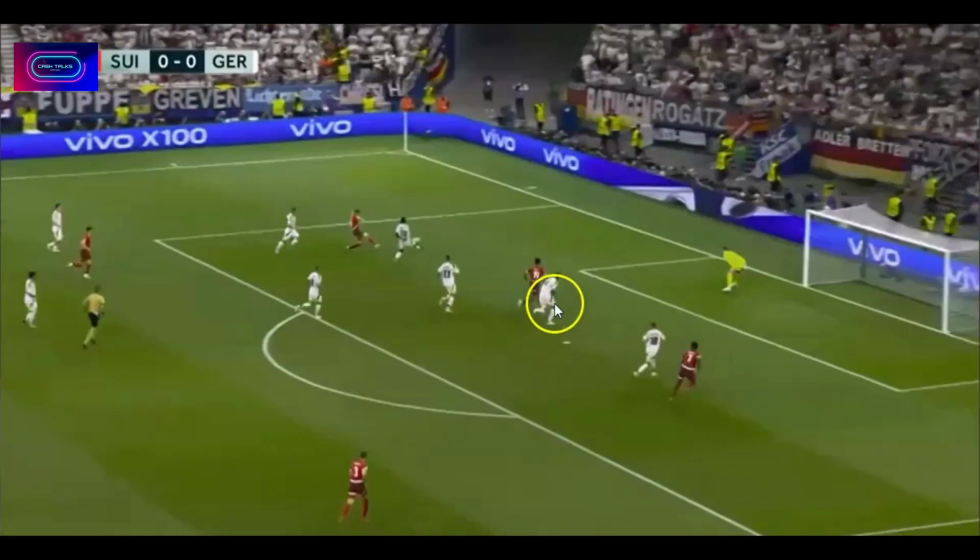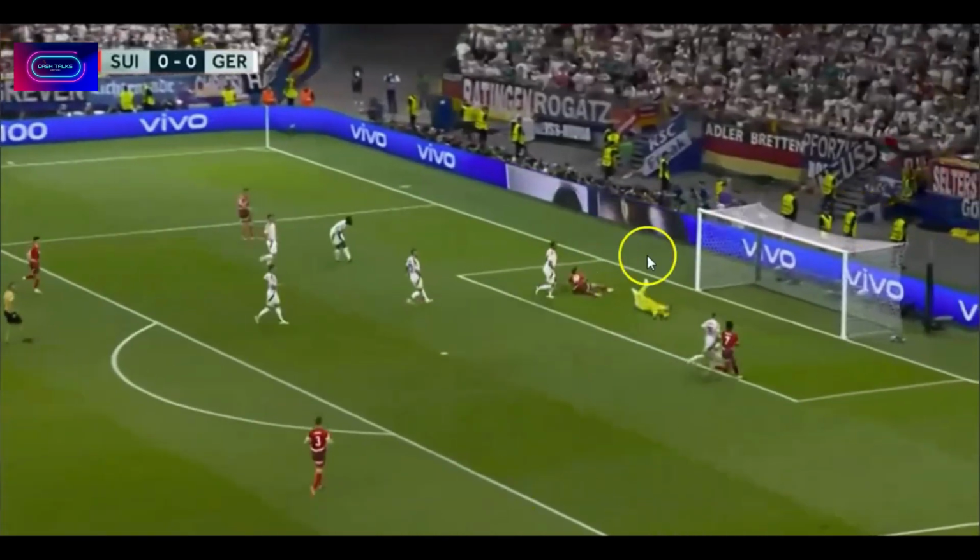So when this cross comes over, look at his body shape. Look how out of shape he is. He's hunching down. He can't really do anything. And this guy just flicks the ball into the goal. He hasn't done anything really. He's just basically stood there, let the one player run away behind the blind side of his teammate, hasn't covered the middle. When the other players come in, just let him run straight through. That is terrible defending. And this is international level, boys and girls. Yeah, it's bad. Let's get on to the Germany goal.